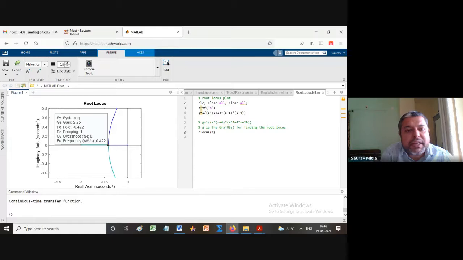This is very important. At damping 1, critical damping, overshoot is equal to 0. See, this is not just about root locus, not just about the exam. Exactly how the system is behaving is what we are supposed to understand. So pole is minus 0.422, that means 0.422 radian per second. This is the input frequency. At this input frequency, damping is 1, that means critical damping, that means very fast step response, and at that overshoot is equal to 0. So that is one done.